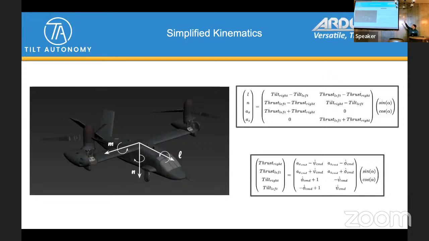And then if you invert those equations, let me back up one step. So alpha in this case is the tilt angle from 90 degrees down to 0. And so the ultimate goal is to figure out how much thrust you need to generate and how far you need to tilt those motors. In Peter's previous talk about motor mixing, a lot of the nonlinearity that he was trying to capture was at the extremes where the actuators, or motors in this case, are saturating.